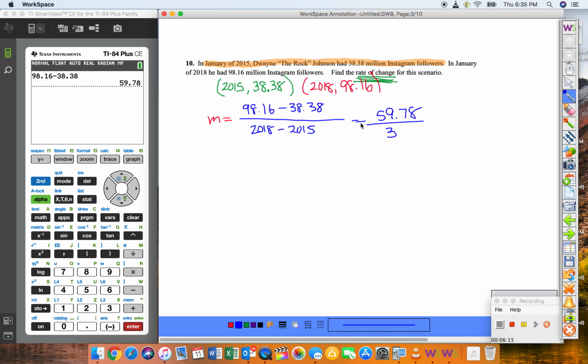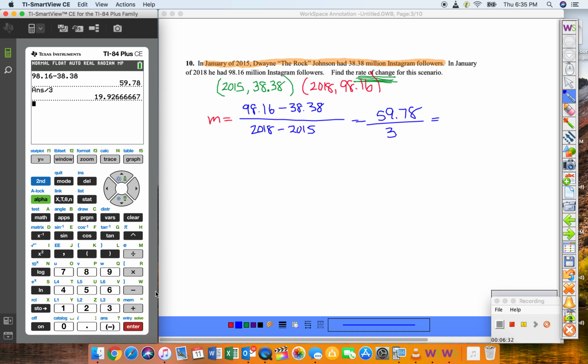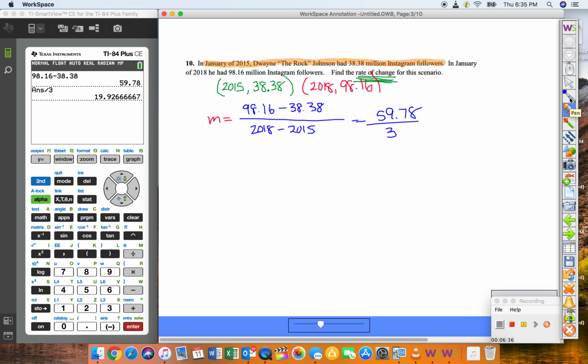So let's think about what this is saying here before we finish this out. This is 59.78 million Instagram followers over a 3-year period. Well, when we do a rate, we always want it to be over 1, so we're going to just divide this out and get ourselves a decimal, and I guess that's approximate, so we'll need to say approximately 19.93, since they were using 2 decimal places, we'll do that, million